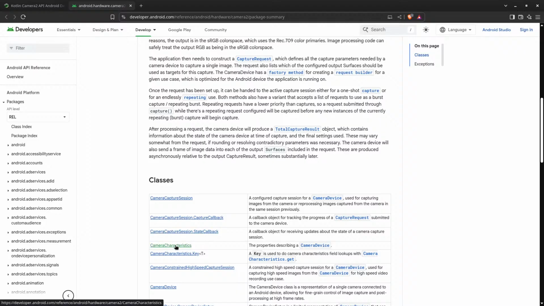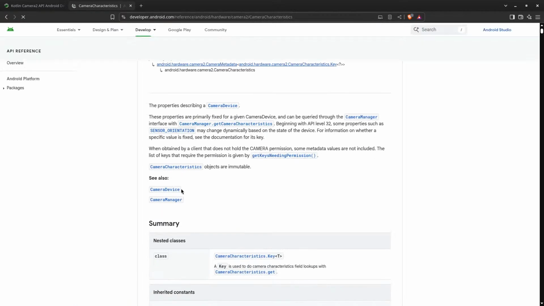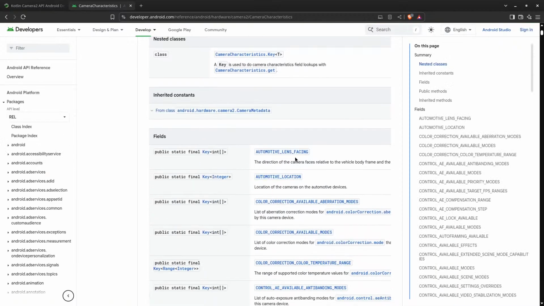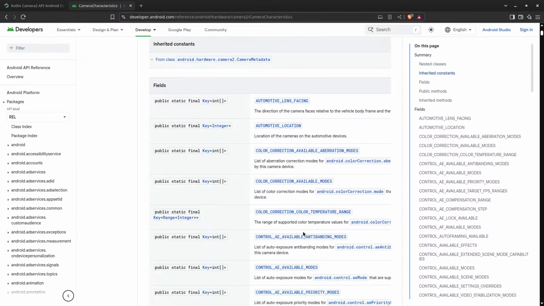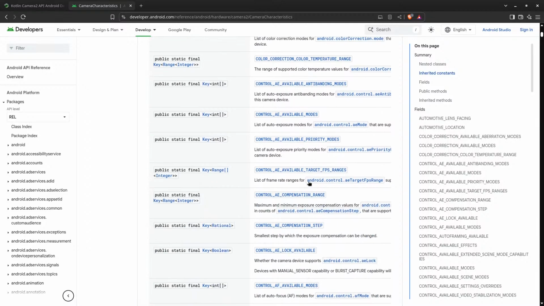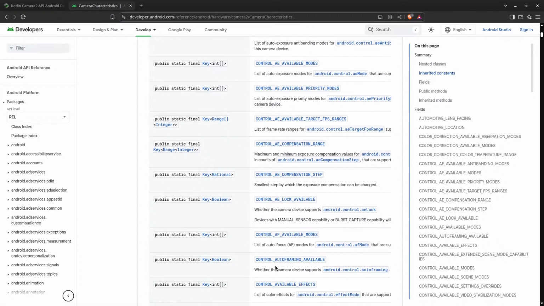For my particular case, there are camera characteristics, properties describing a camera device. So let's just quickly take a look at that one. As you can see here, you have lots of other things, like lens facing, location, available modes, FPS, priority, AE compensation. You can see auto framing. There's a lot of effects. So there's a lot of stuff in the Camera2 API. We don't care too much about this because, for my particular use case, all I care about is,